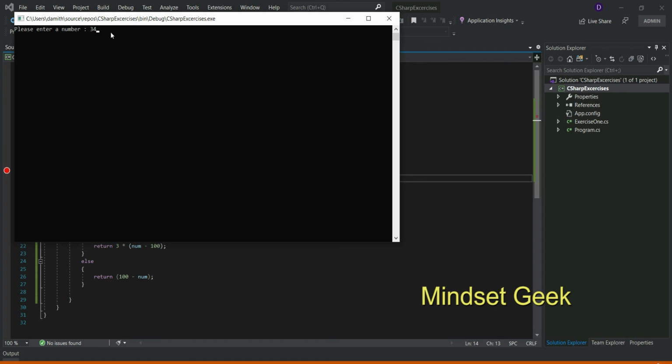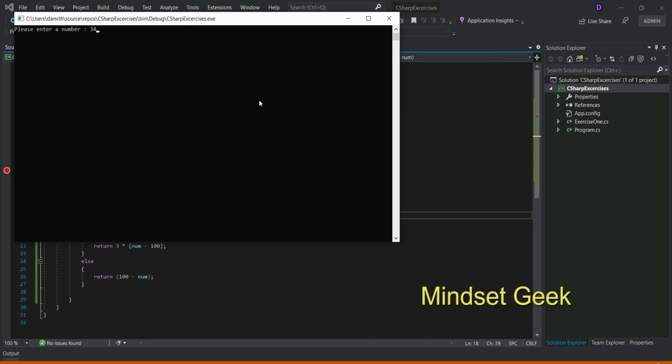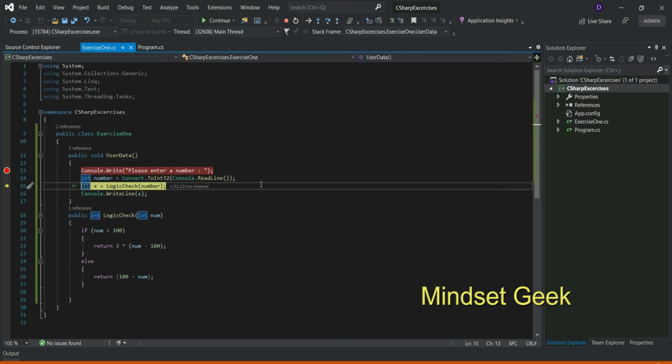First check whether that number is greater than 100 or not. This 34 is not greater than 100. Then it will return only the absolute difference, right? F10. First enter that value, right? Then use F10.